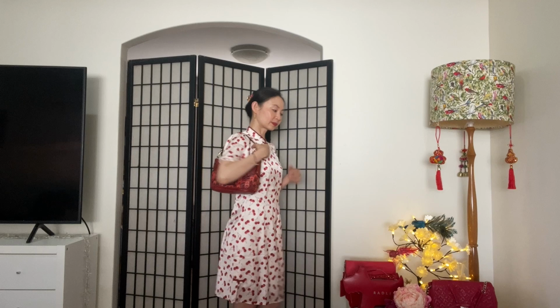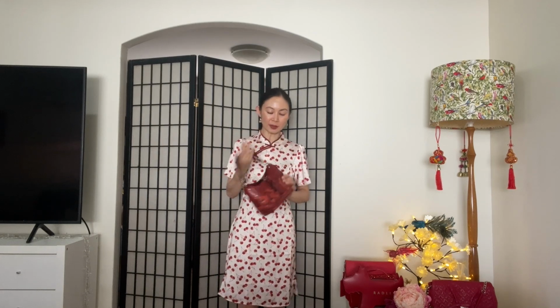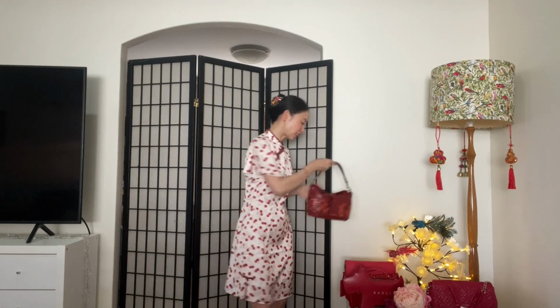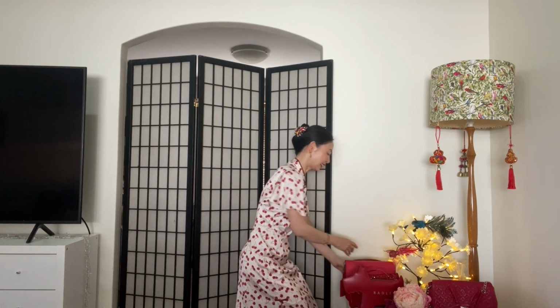But sort of night that is not super formal, more of a smart casual kind of event. Yeah, I love my vintage Mulberry, and actually all my Mulberry bags, I have a soft spot for Mulberry. Yeah, so this one, okay, and then this one I bought